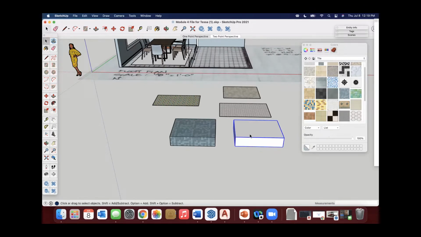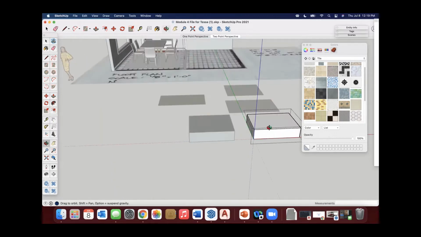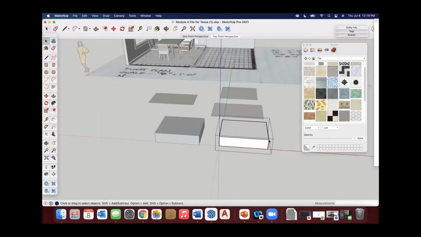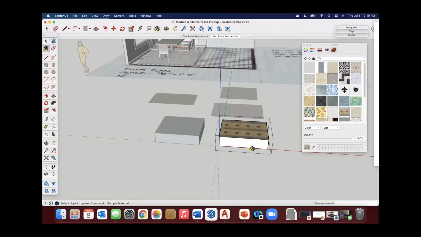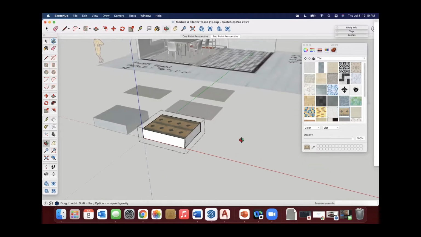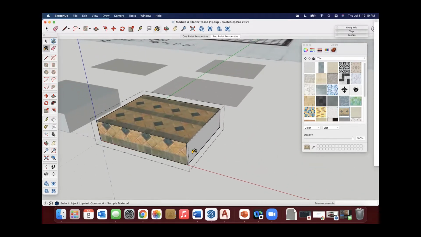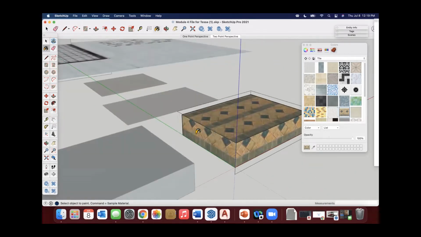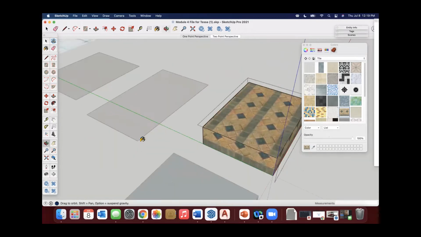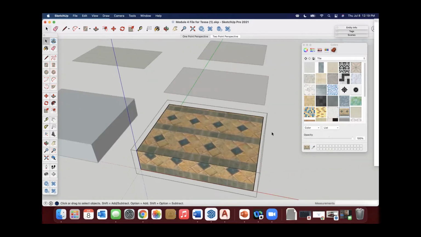If I want to apply a material to something that is grouped or a component, then I need to double click to go into edit mode. And you can see I've got my bounding boxes here, and now I'm in edit mode. So if I go back and click that material while I'm in edit mode, it will only put it on the faces that I actually apply it to. So that's how you can do that.